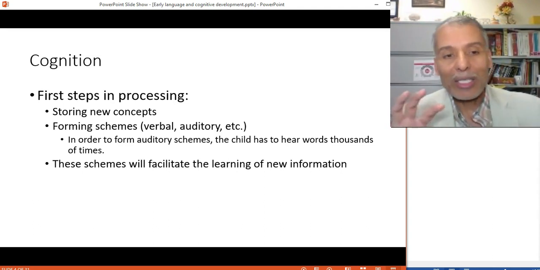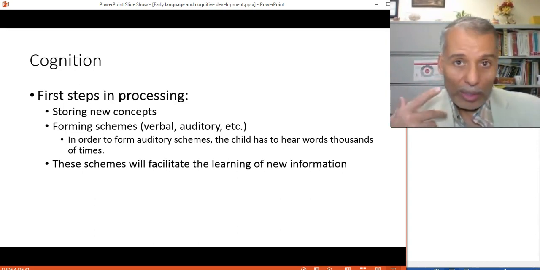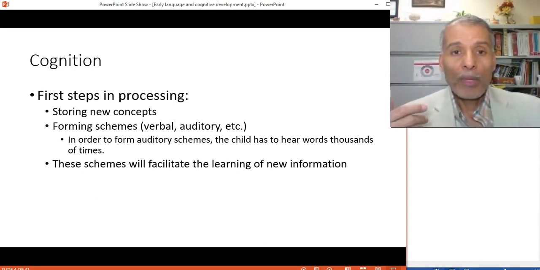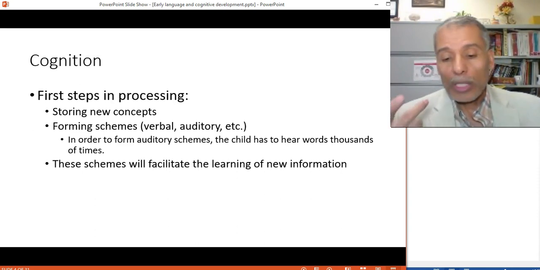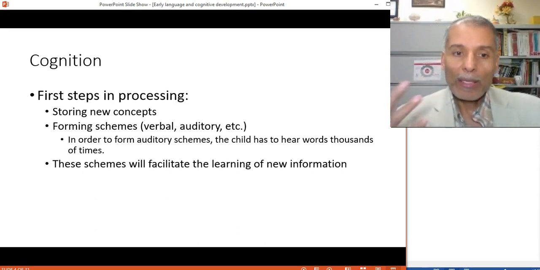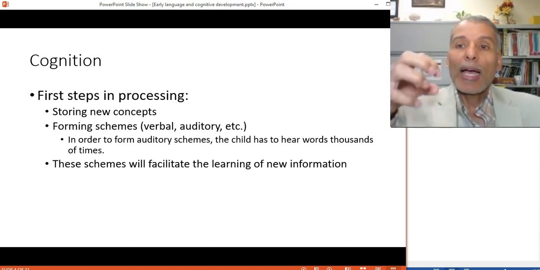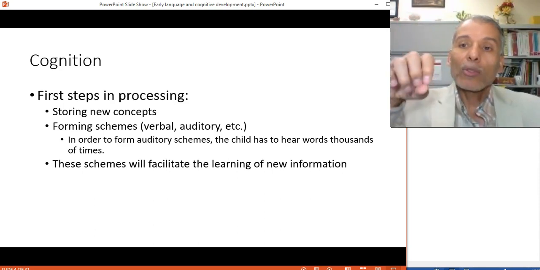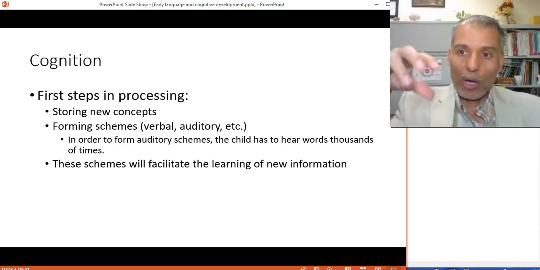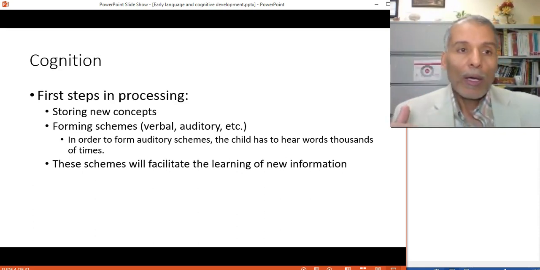So basically, you start developing a schema that can be auditory, like one word that you hear for the first time, or an image that you see for the first time. And then as you see it more, as you experience it more and learn more about it, that schema serves as the seed that's going to grow and grow into a set of concepts, and it will be connecting with your knowledge system generally.